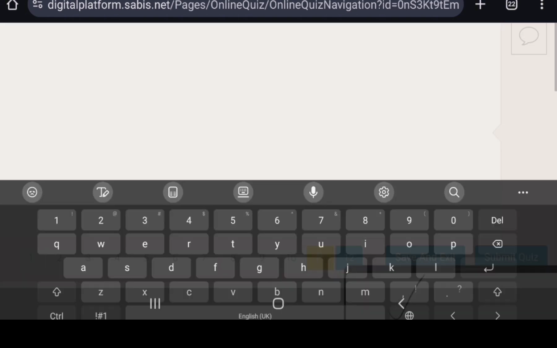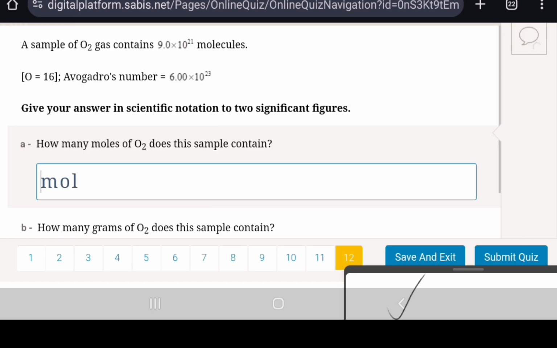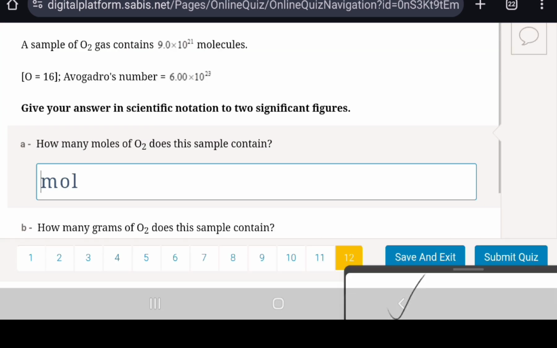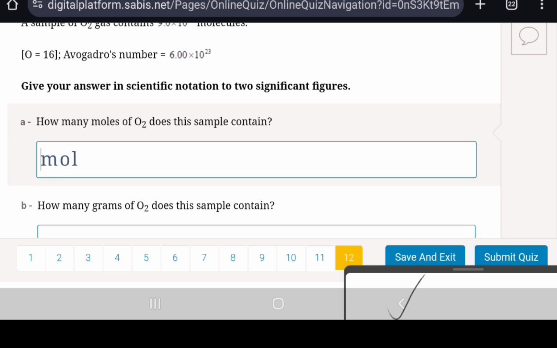Number 12, which is the final question for this video. First of all, to find the moles, we do the amount of molecules divided by Avogadro's number, so 9 times 10 power 21 divided by 6 times 10 power 23,